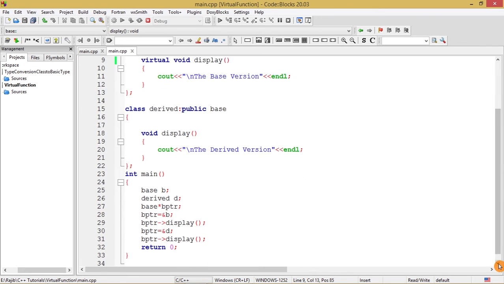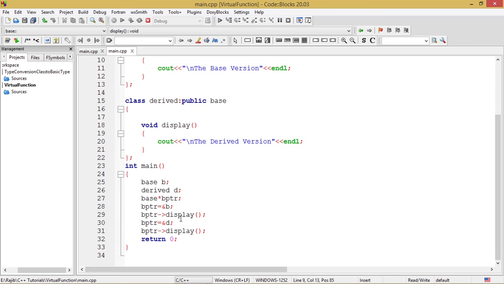When we invoke the display function in the line bptr->display, before which we have assigned the address of the base class object b to the base pointer bptr, we can see that the base class version of the display function is being invoked.